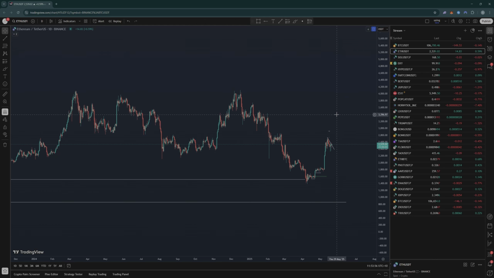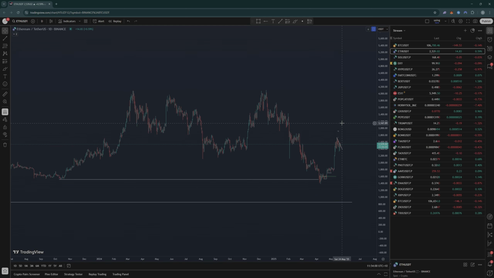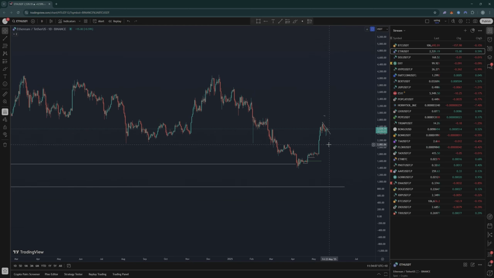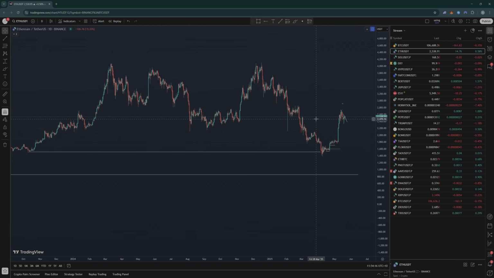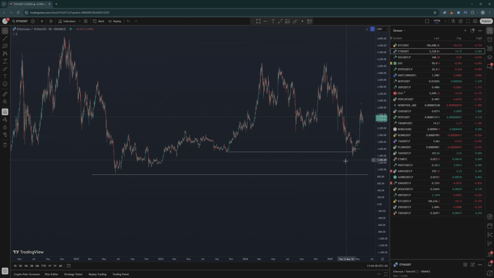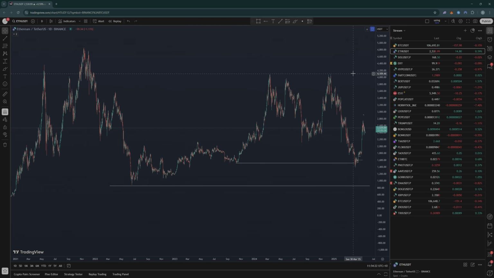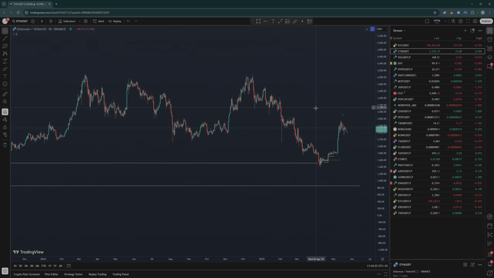But that's my job. It's my job to stick to a bias based on the information that I have. And then once the information starts to change, my bias moves along with it, right? So I have missed this whole move. And I'm not saying I'm just going to start blindly longing now that we've rallied 80% from the lows. But I'm just saying now that this low is formed and now that we do have some accumulation and the entire market is picking up, maybe Ethereum is the better play over Bitcoin into these highs.